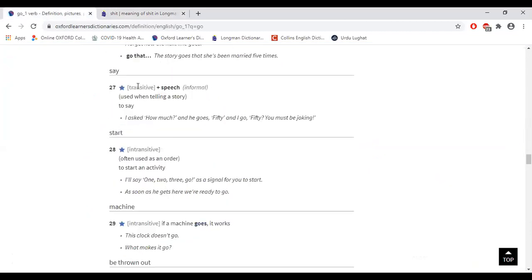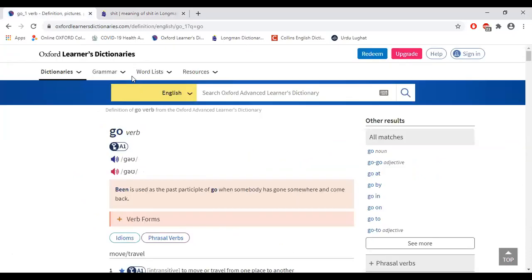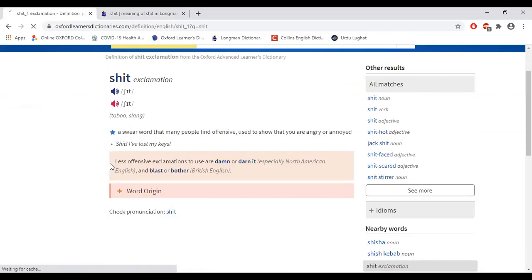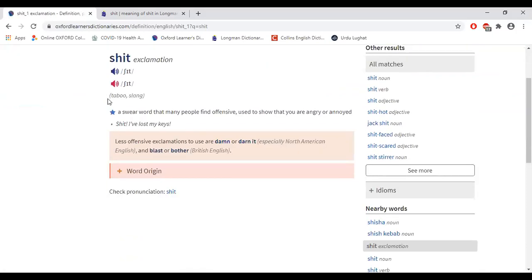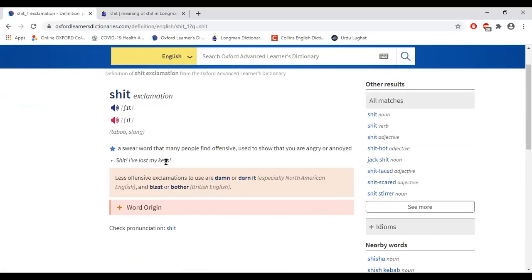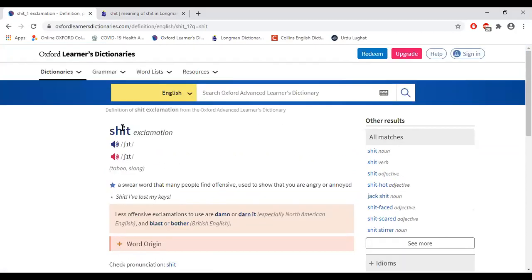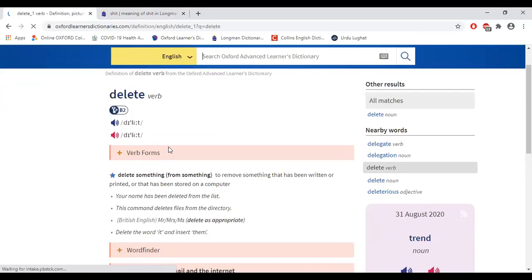इसी तरह अगर मैं ऑक्सफोर्ड के अंदर इसे टाइप करूं और देखूं इसके रजिस्टर को, तो वो क्या बताएगा, उसको भी हम देख लेते हैं। ऑक्सफोर्ड क्या कह रहा है? टेबू। वो कह रहा है कि this is a taboo and slang exclamation, and there are less offensive exclamations to use are damn and darn, right, and blast or bother. तो वो इसको क्या कह रहा है? It is a taboo word, it means that it should be avoided. तो ये आपके पास है रजिस्टर। इस तरह से आपके पास एक वर्ड है डिलीट। इसको देखते हैं कि इसके बारे में कोई रजिस्टर है। तो